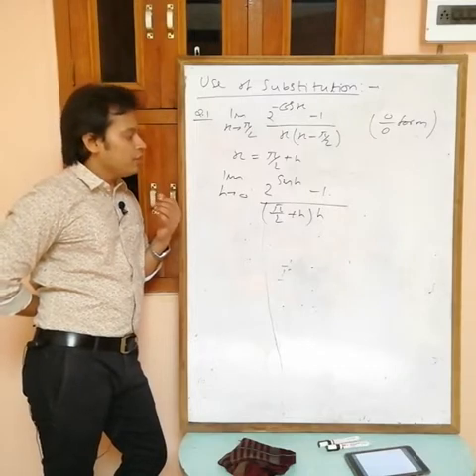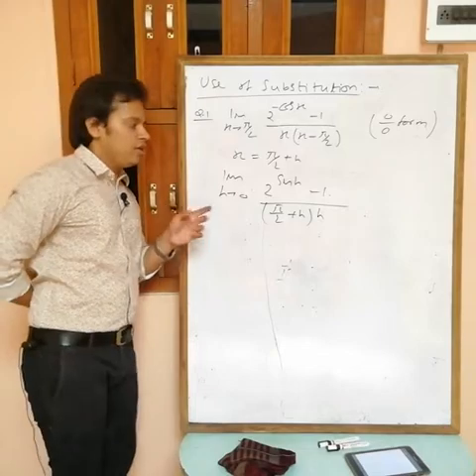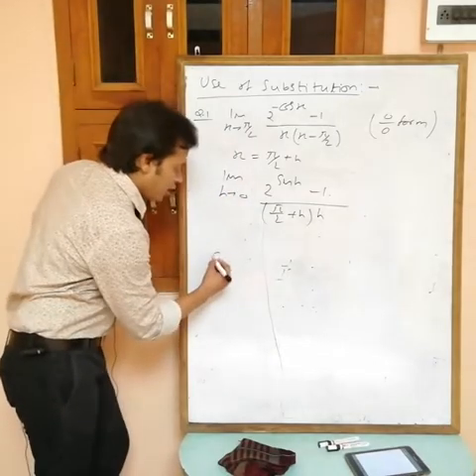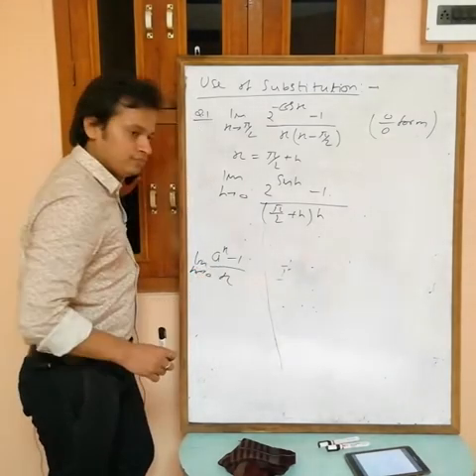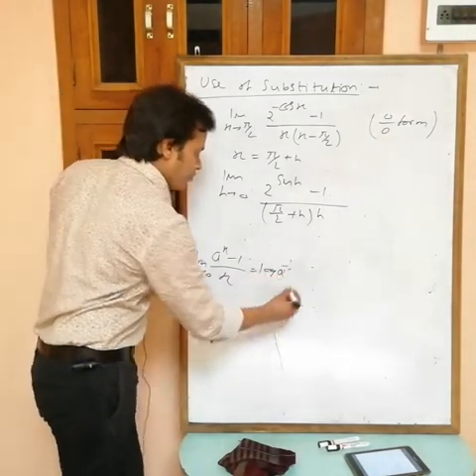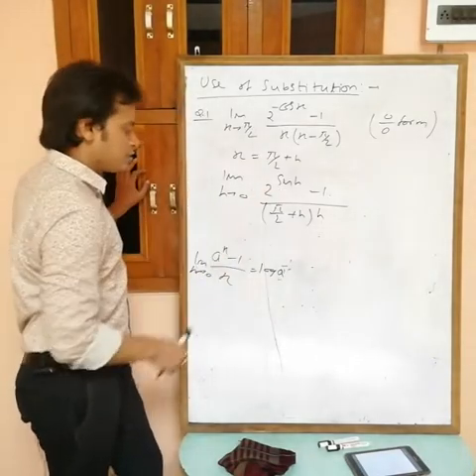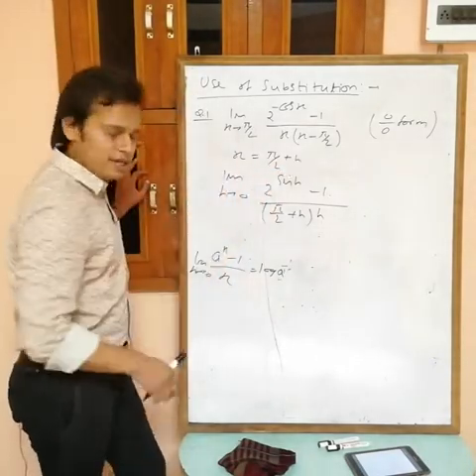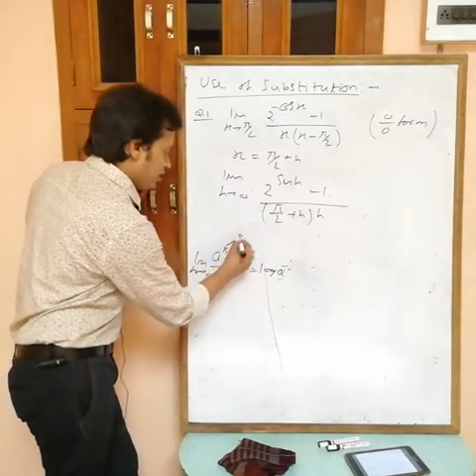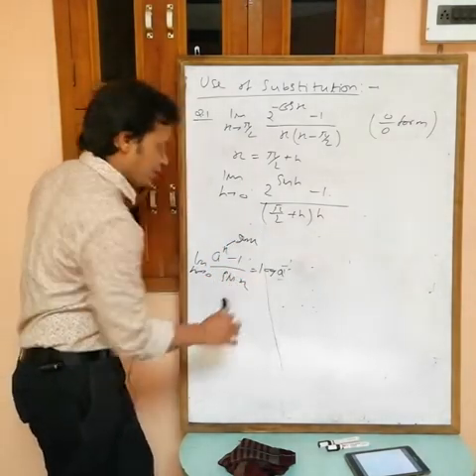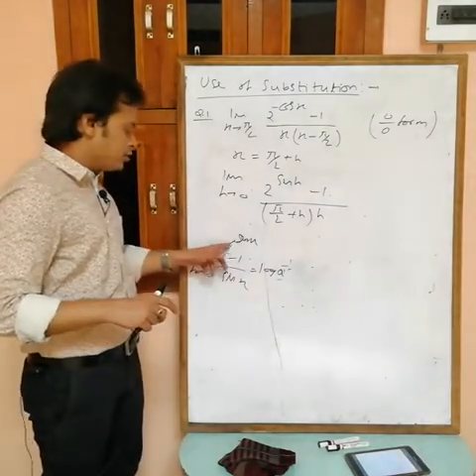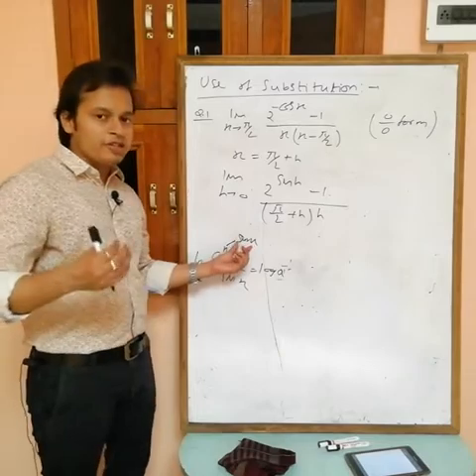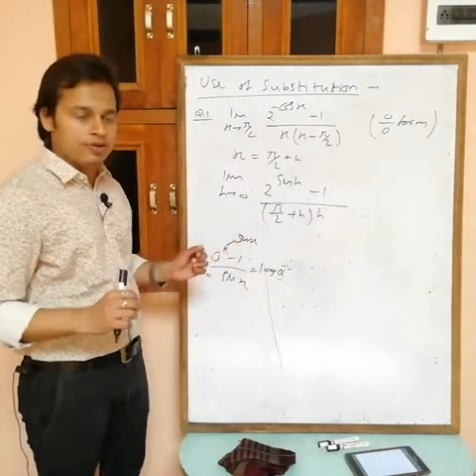Now can I use a standard limit? Are you getting a standard limit form? See, here we have 2 power sin h. We have a power x minus 1 by x, limit x tending to 0, this is equal to log a. A is any constant, 2 is a constant, but at the place of x what do we have? Sin h. Then here what do we want? If there is sin h, then here also you want sin h. Only one condition you have to check at the end. If there is x, when we are putting x equals to 0, this becomes 0. Sin x also becomes 0 if you put x equals to 0. So you can use it.